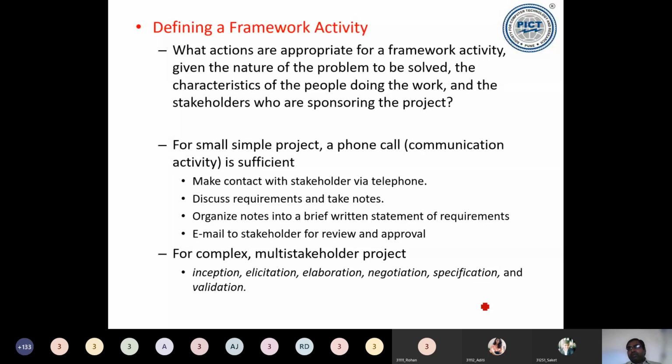Okay? So the communication activity is there. So we are doing it by a phone call as such. Wherein what is being done is: make contact with stakeholder via telephone. You just make a phone call, discuss requirements, take notes, organize notes into a brief written statement of requirements, because